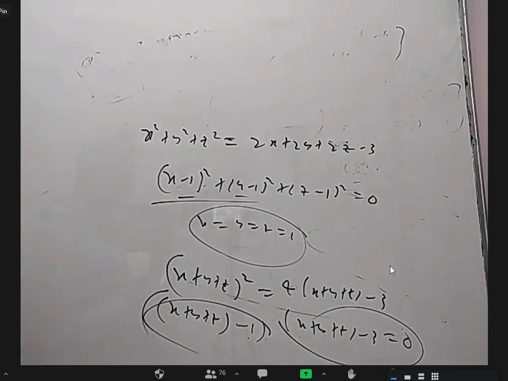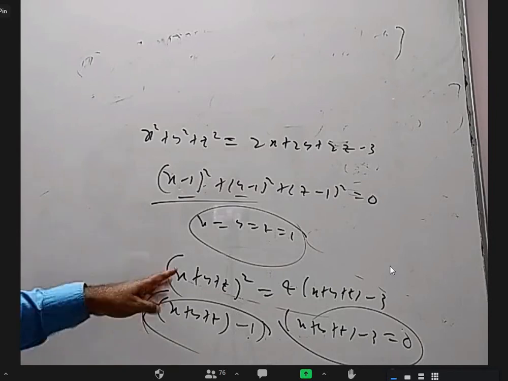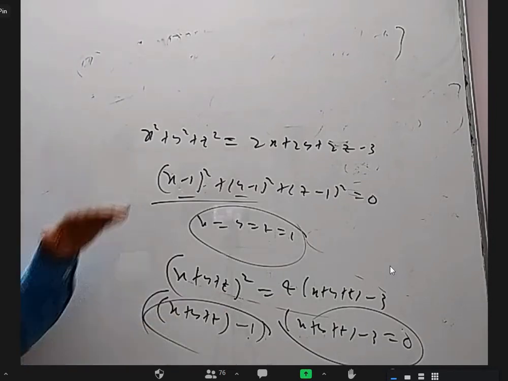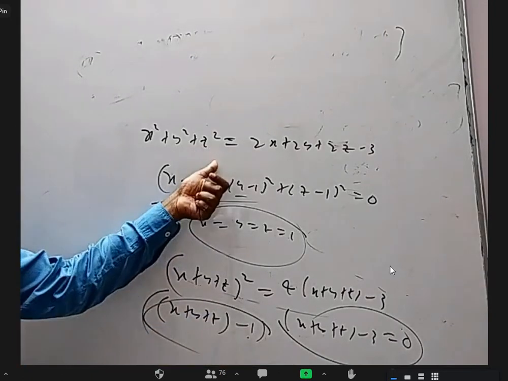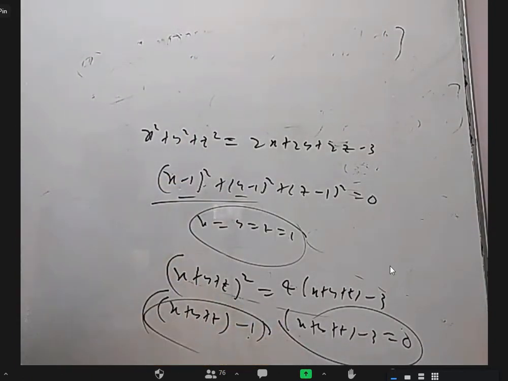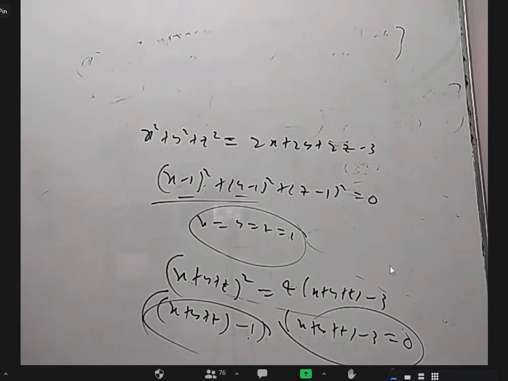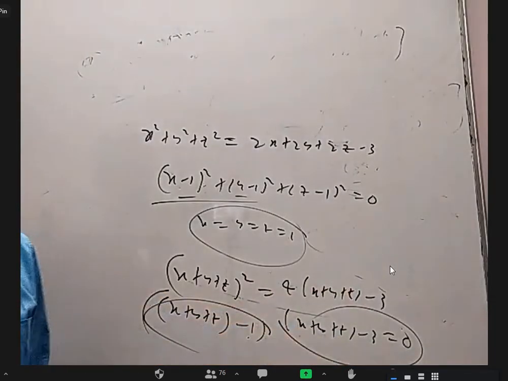You understand, no? Yes, sir. Even though it is giving something, that means if any one of them happens this may be true, but this will happen only for this, not for this. So why did we get that extra additional solution? Sir, if you write (x plus y plus z) whole square plus 3 equals 4 into (x plus y plus z). Yeah, that's what I'm saying. Bring this side, factor, that is this step, right?